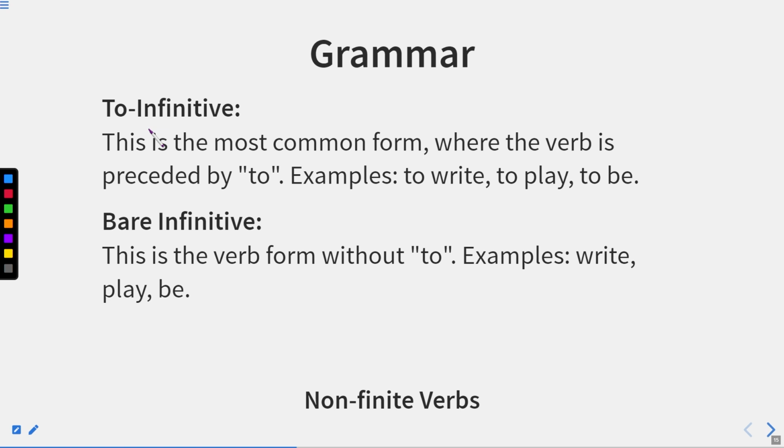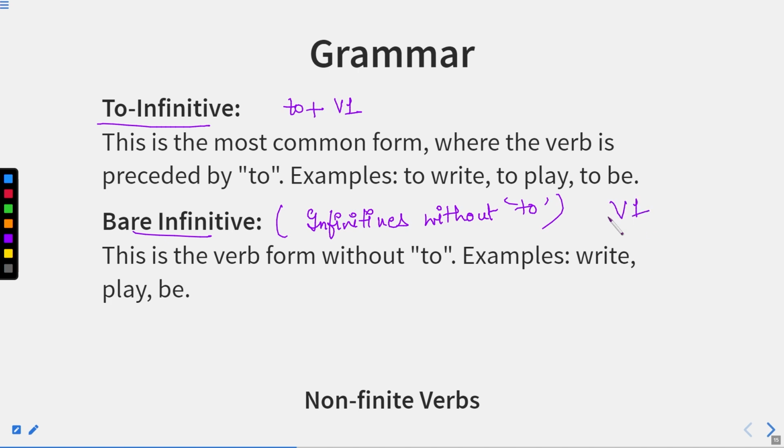To infinitive. Now, infinitives can be of two types. What are the two types? One is the to infinitive, in which we have to plus verb 1. But bare infinitives are the infinitives without to. We also call them infinitives without to. It means that whenever we have a structure of verb 1, but to is not there before it, only verb 1,